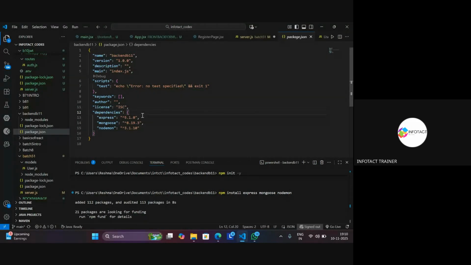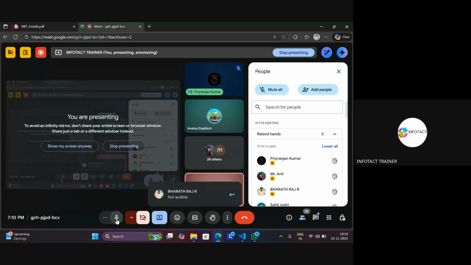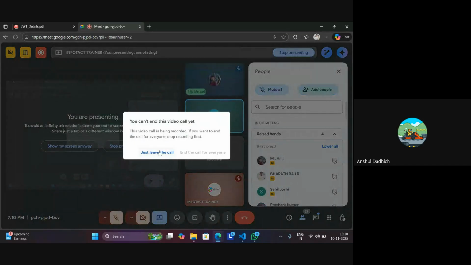So what is happening over here is whichever version we are installing, that is being handled with the help of the package flow. When you switch to VS Code, it might start becoming problematic. But when you again come to Meet, it's